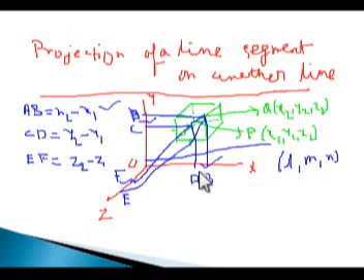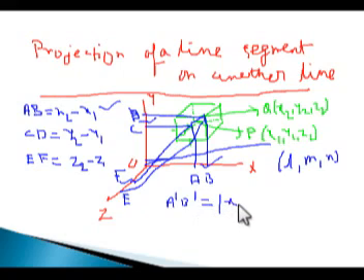So if we take AB, its projection on this straight line, if it is denoted by A'B', then it must be